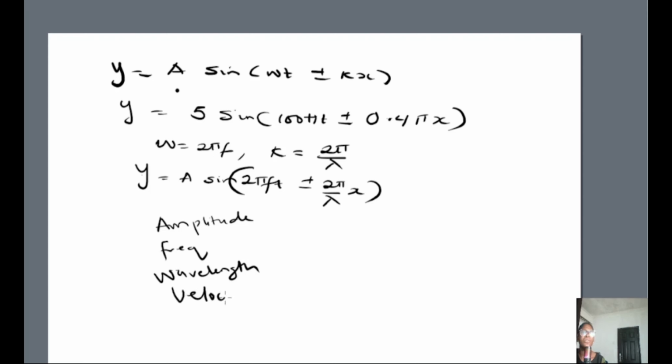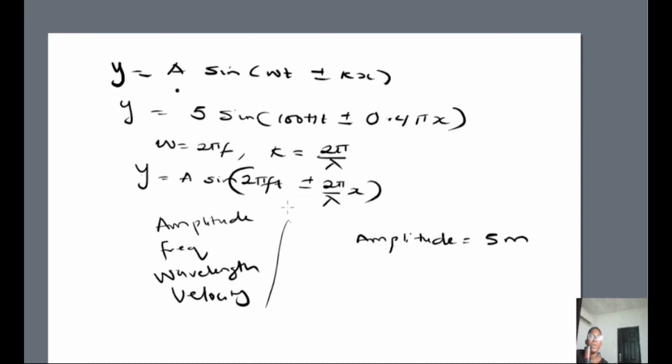So from here now, what is our amplitude? That one is the easiest, just from the equation. A represents the amplitude. So our amplitude is 5 meters. So that one is checked already. They now asked again, what is the frequency? With this kind of equation, what you need to do is always verify them. You check this point. Where do you have frequency? You have 2 pi f t here, you have 100 pi t here. So this is the part where we have the frequency.